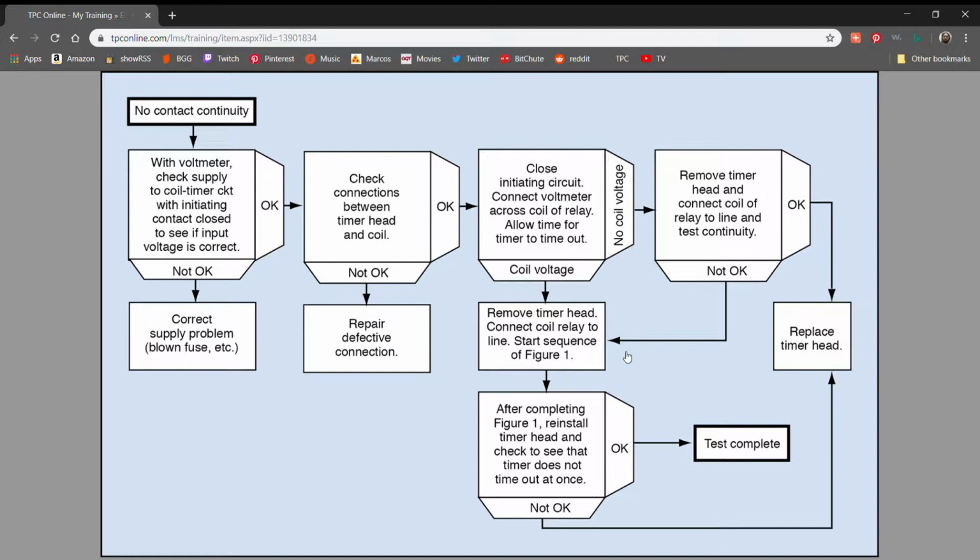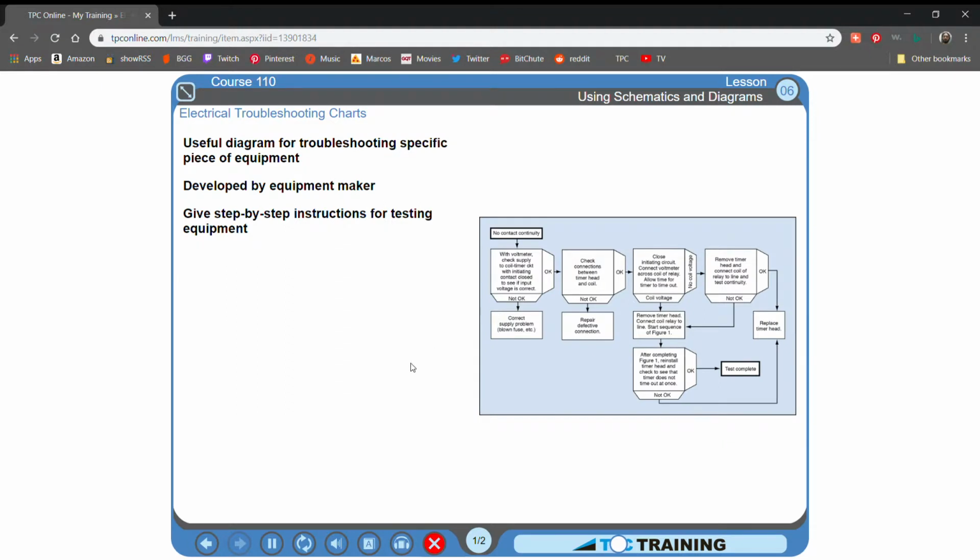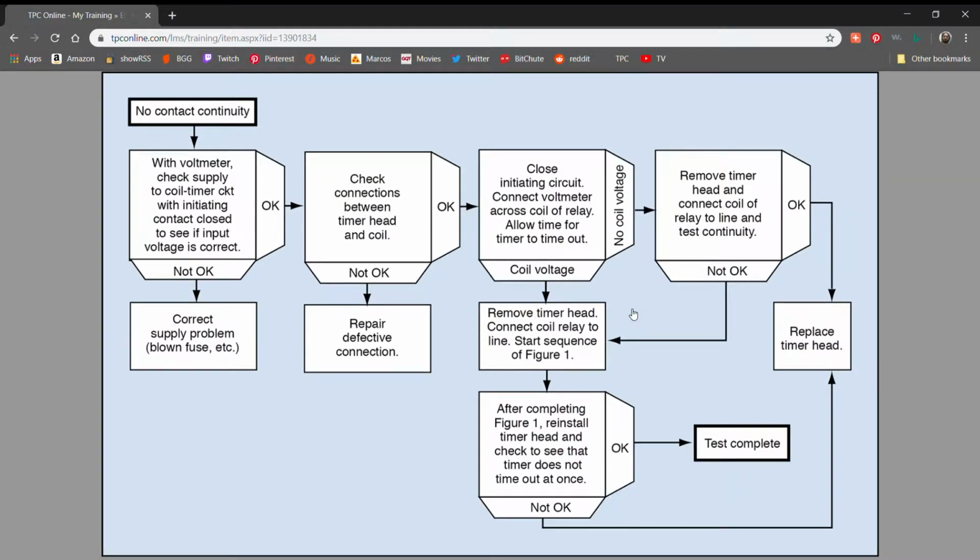Otherwise, you fix whatever is wrong. Then, see whether the equipment is working again. If not, you continue with the next step on the chart. You can see in the upper left corner of the chart that the trouble with the relay is no contact continuity. The first step in locating the problem is to use a voltmeter to test the power supply to the